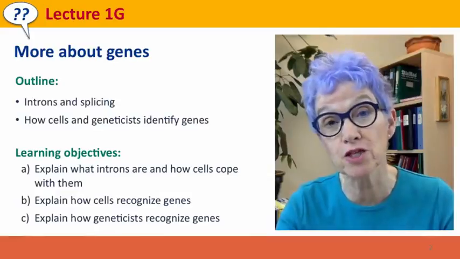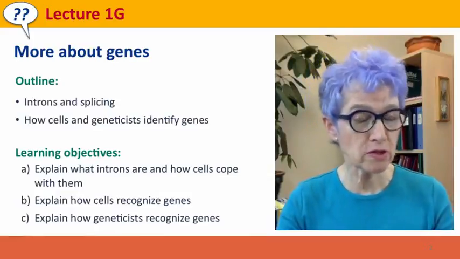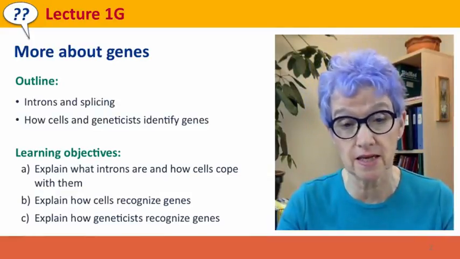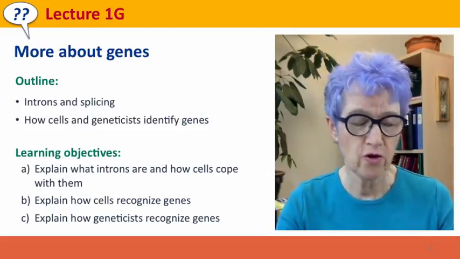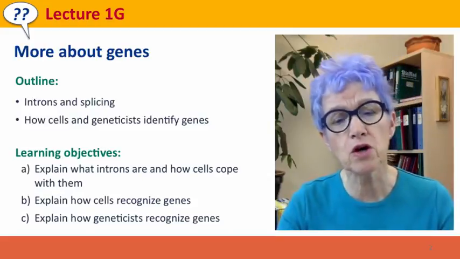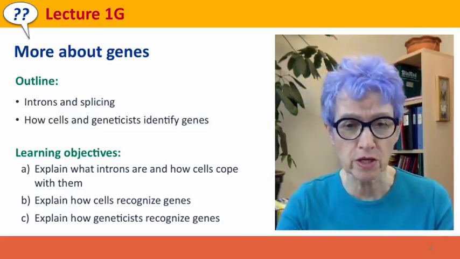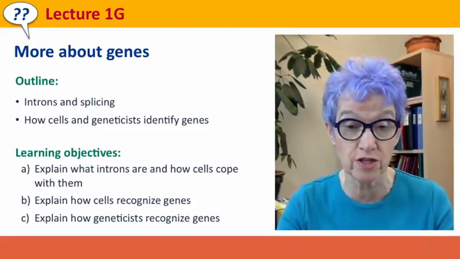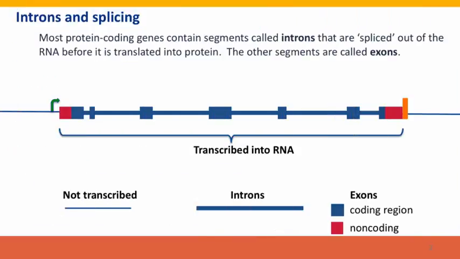This is lecture 1G, where we're talking more about some features of genes that we haven't discussed yet. In particular, we'll talk about the very peculiar phenomenon of introns and splicing, and we'll talk about how cells, and particularly how geneticists identify genes. Now,